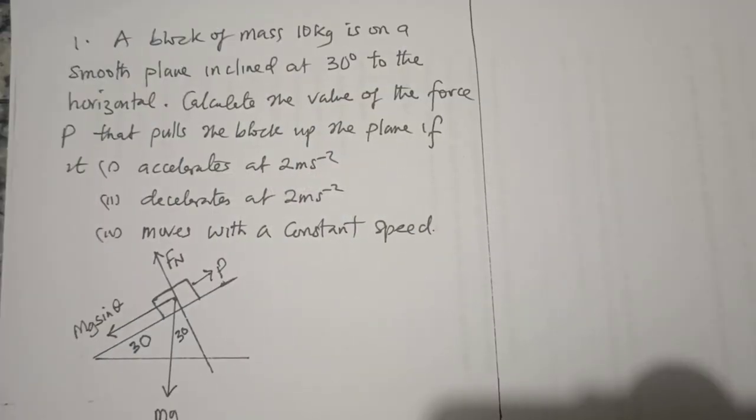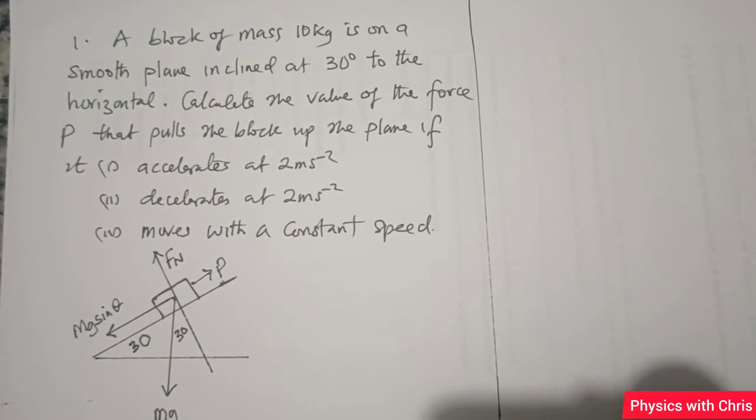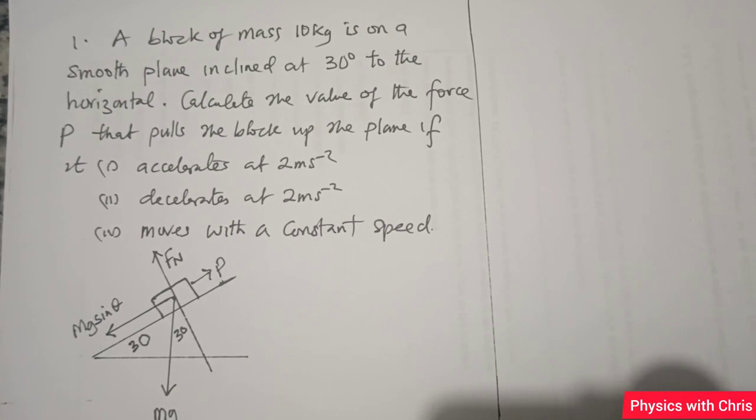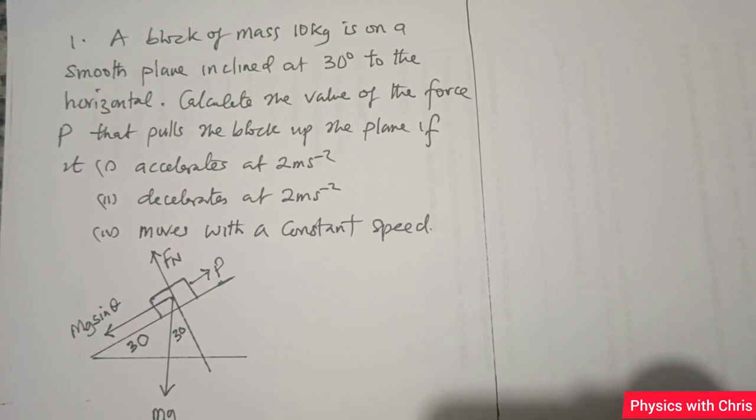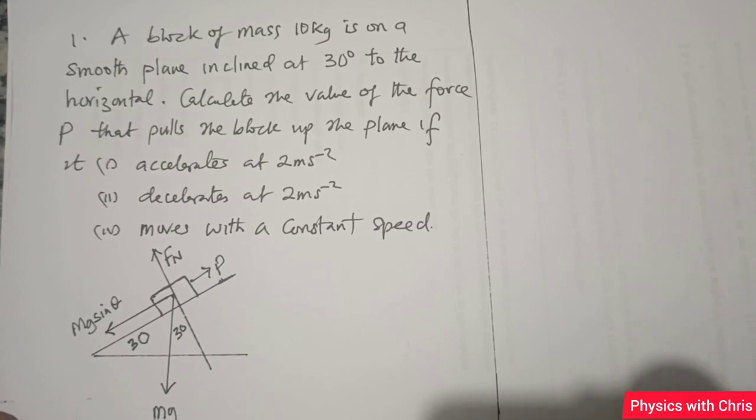Okay, we'll now look at this case where a block of mass 10 kg is on a smooth plane that is inclined at 30 degrees to horizontal. We are to calculate the value of the force P that pulls this block up the plane if the block accelerates at 2 meters per second squared, decelerates at 2 meters per second squared, or moves with a constant speed